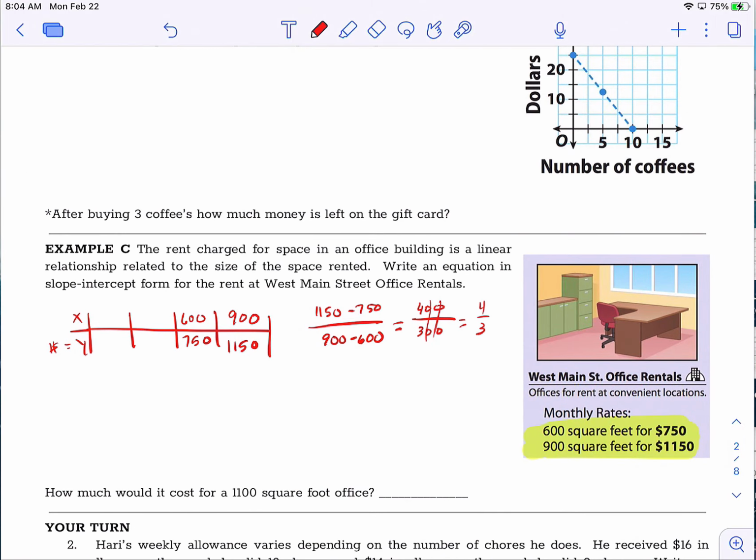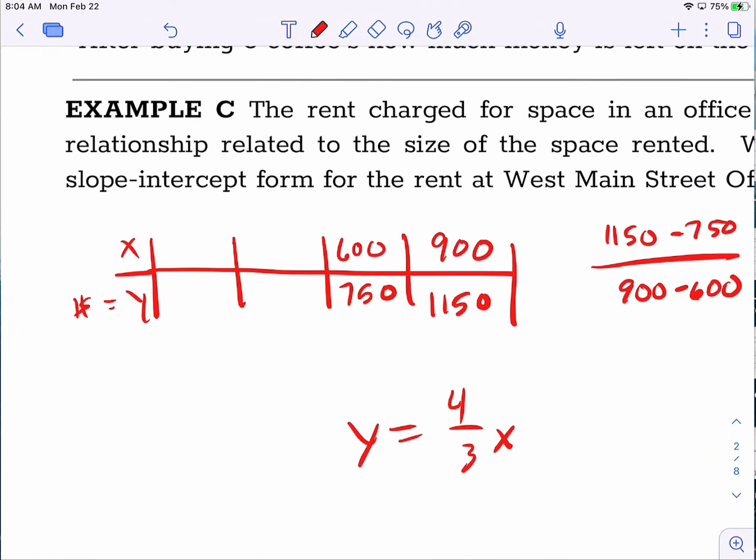So the second part here, I know my equation is going to be y equals 4/3 x, and now I've got to figure out what the y-intercept is. That's why I left some spaces in my table. I'm going to switch colors here because I'm going to use, like we did in Module 5, the pattern of the table and go back. So this is going by 300, right? This is going by 400. So if I go back, try to keep this pattern going, that means this would have to be 300, right? Because that works with that. 300 plus 300 is 600. If I go back $400 here, what would it be,